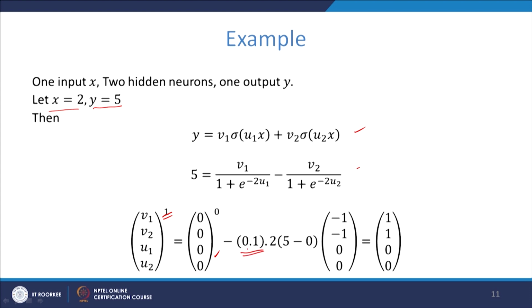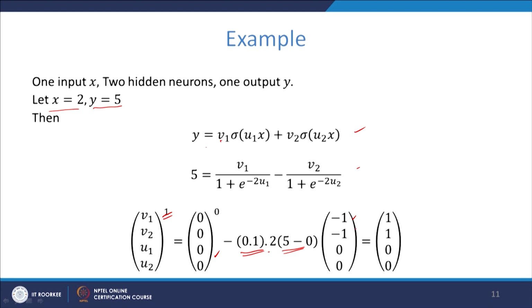Alpha, the learning rate, is taken as 0.1, and the value is 2 times n. When we substitute V1, V2 as 0, everything is 0 in this y expression. So we get 5 minus 0, the actual value minus the neural network value at the 0th iteration, which is 0 here, and when we calculate del E by del V1 etc., it comes out to be like this